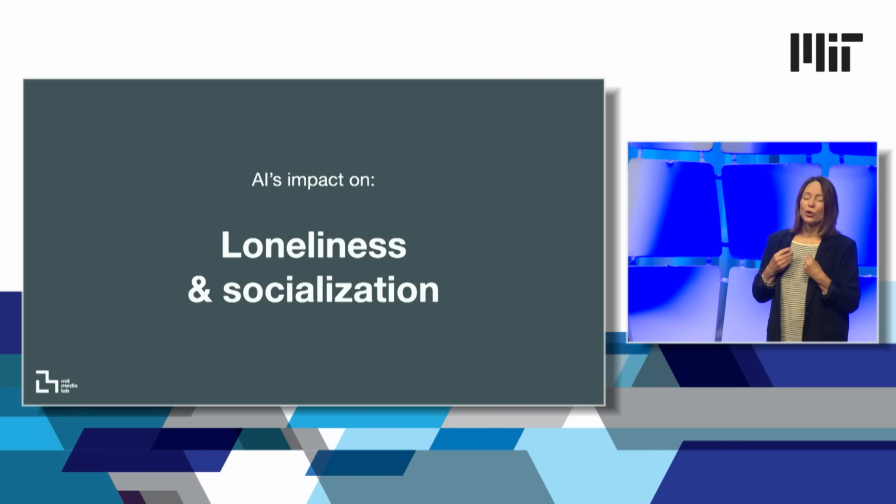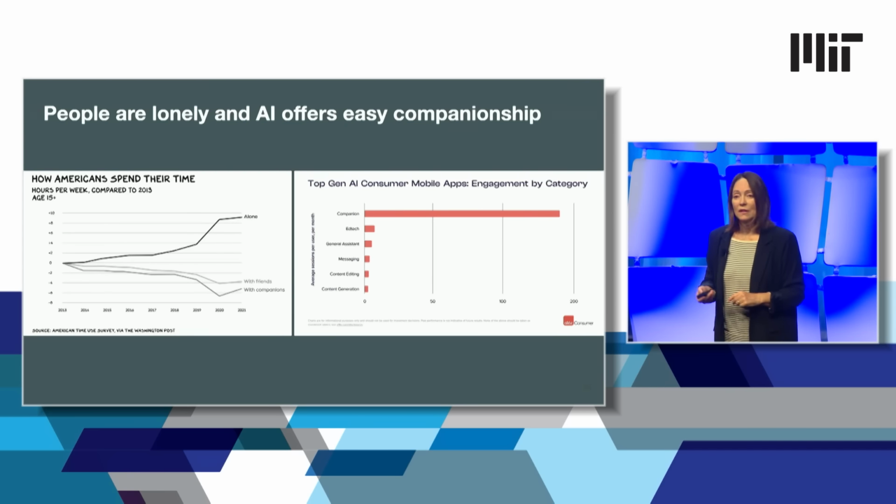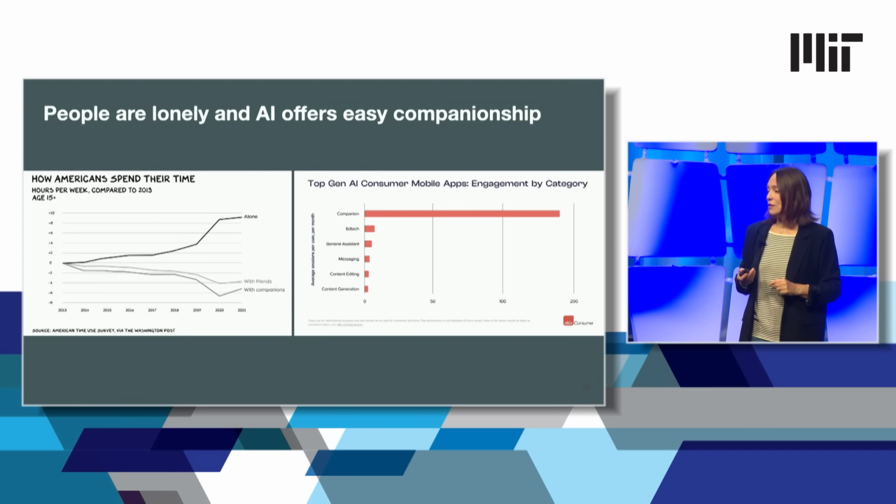I want to end by talking about some other work that we're doing as well on the impact on our social connections with others. You may have read a lot about that people are increasingly lonely, and I think that AI will only exacerbate that problem. In fact, if you look at the top AI apps, the ones that are about the AI being a buddy, a close companion, are the ones that get the most use. Guess where the money is going to go? I mean, all of these companies ultimately have to make a profit from the AIs that they are building.